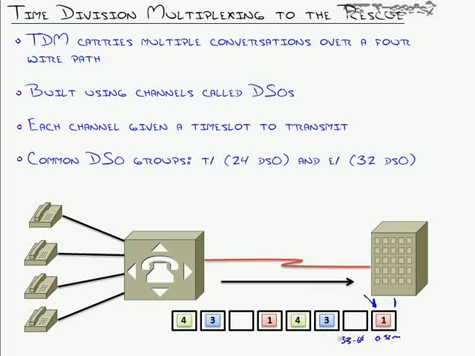Each one is given its own little time slot to send, whether or not it has data to send. You see this little blank right here? That's our DS0 2, the time slot. Now, we actually have 4 calls going out, or I should say 3 calls, but as of right now DS0 2 disconnected, so there's no data being sent. Regardless of whether it has data, it still gets its time slot in which it can transmit. It just doesn't send anything.